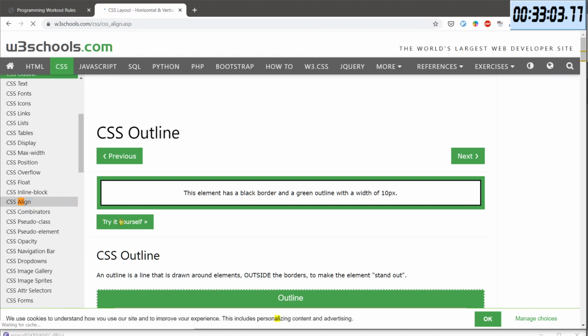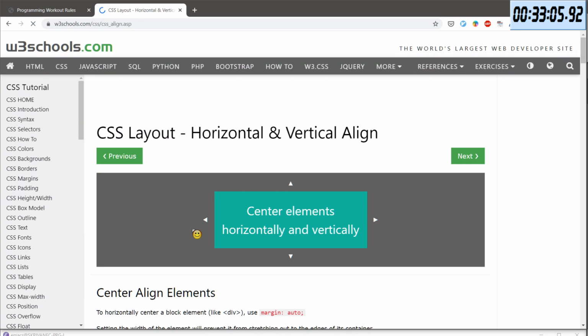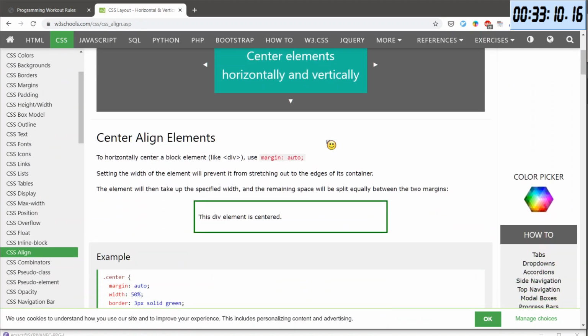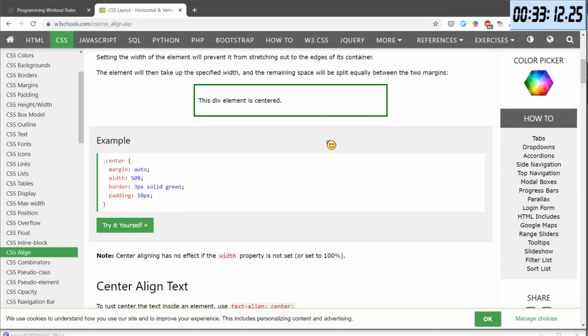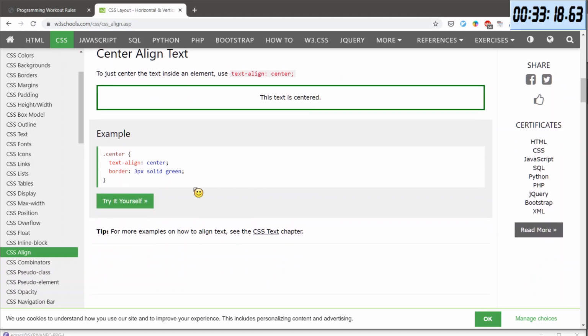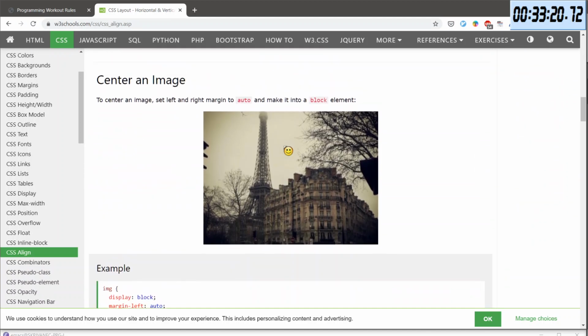Align center, margin auto, width, border, okay. Center align, text align center, okay.